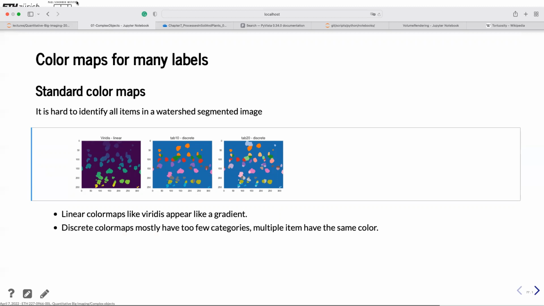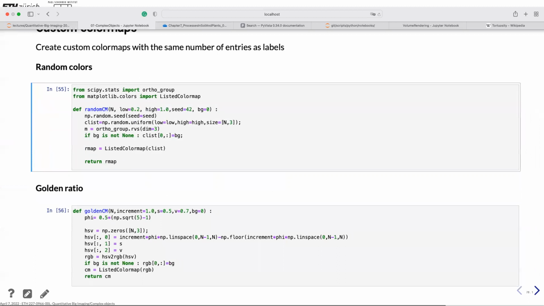But the problem with tab 10 is that the items are divided into 10 groups. Tab 20, then the items are divided into 20 groups. But in this case, we have much more items, and that's why we don't see what we actually are looking at. So instead, what I cooked up was to use two different color map cases